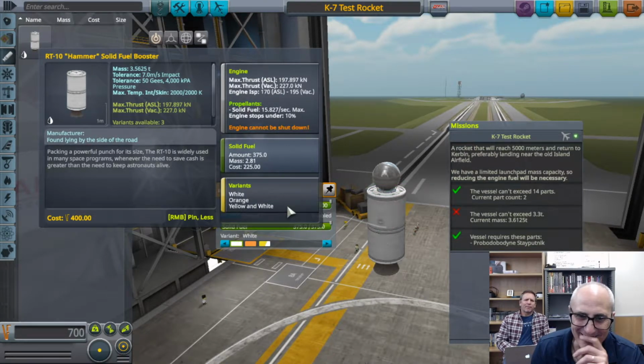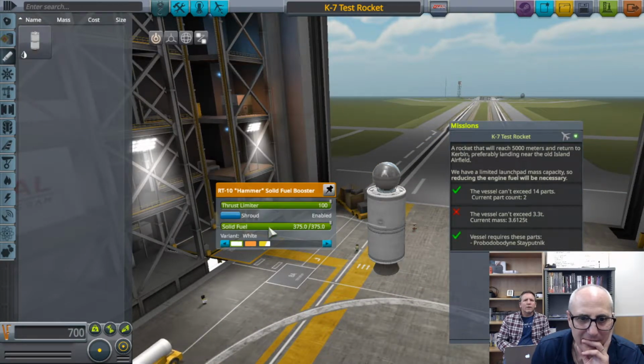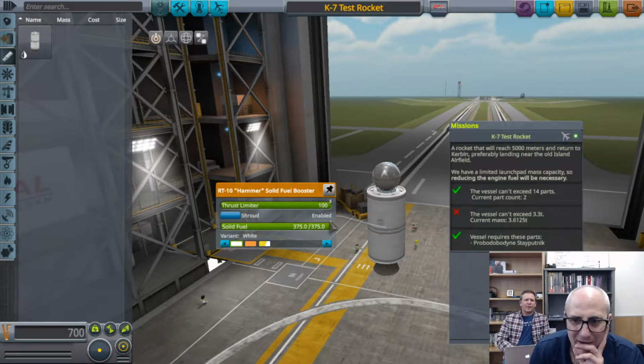Right click that. Right, yeah. There you go. Oh, it's hidden under there. Yeah, there we go. All right. So last time you had plenty of fuel. I had plenty of fuel, so that wasn't the issue. So I can get rid of the...